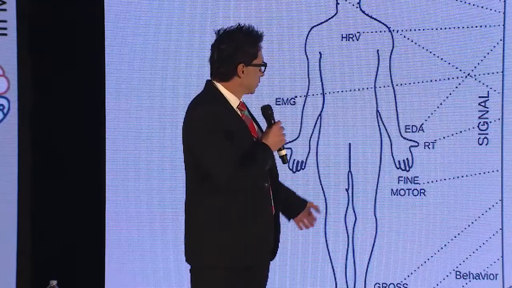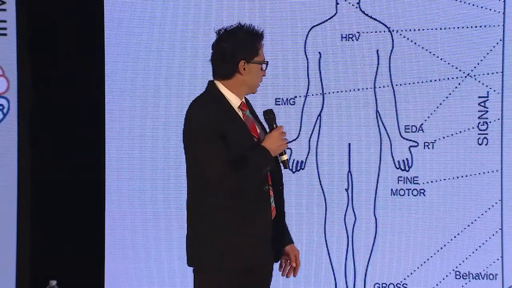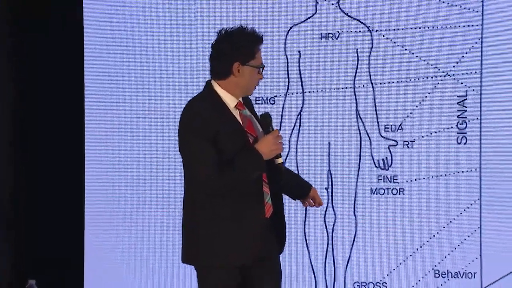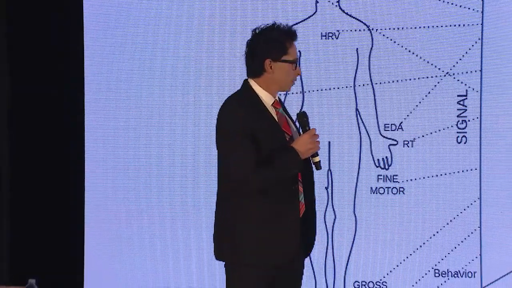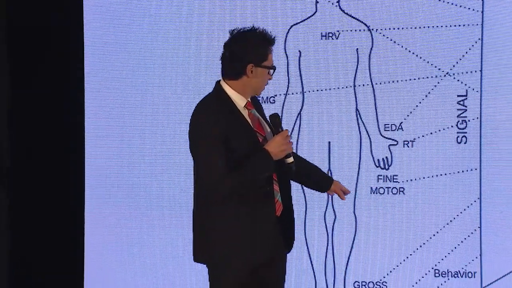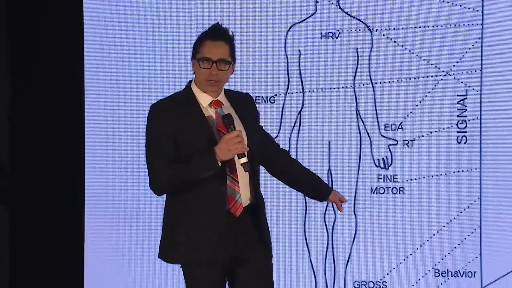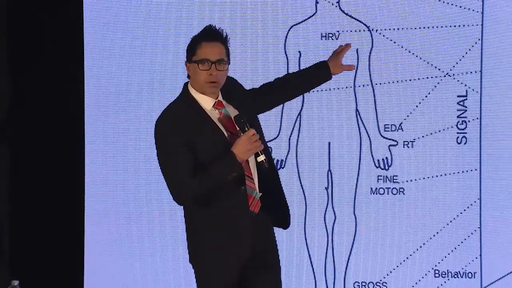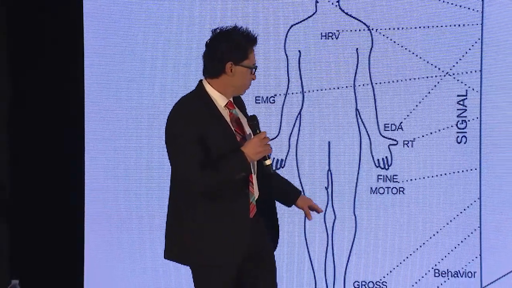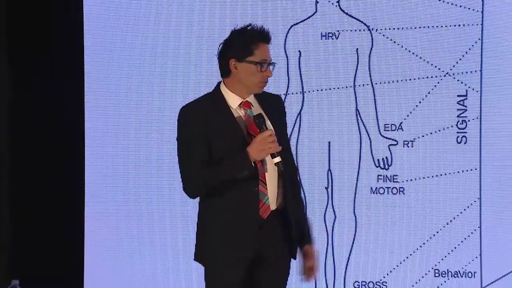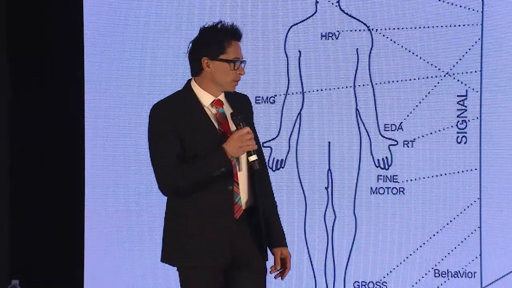So this opportunity space includes three axes: a signal axis, a sensor axis, and a platform axis. And in general, we want to move in a positive direction along each of these axes, although it's not always possible. For example, along the signal axis, moving from behavioral measurements that are inherently subjective to more objective physiological measurements. Moving from sensors that are rare, like an MRI machine, to sensors that are increasingly common and ubiquitous. That would be in the form of smart devices, wearables, smartphones, and so forth.